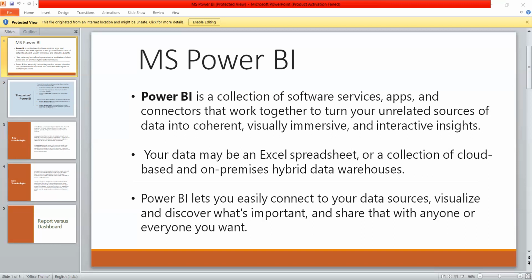Once we have covered all the topics, only then we might move on to the report builder and report server. So currently the aim of these sessions is to focus on Power BI Desktop, Power BI Service, and mobile apps with prime focus on Power BI Desktop.